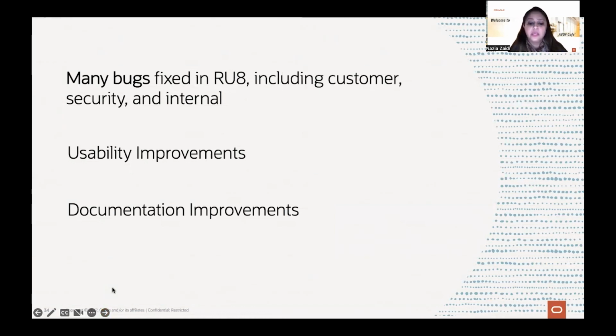So every time we come up with a new release update, we make sure that we pick the latest database release update for our embedded database, that's Oracle, and we take any changes or latest patch set for our Linux, that's the embedded operating system, or any CVE being reported. So we try to take all that in from RU to RU. That's why I say security fixes, internal as well as customer reported fixes.